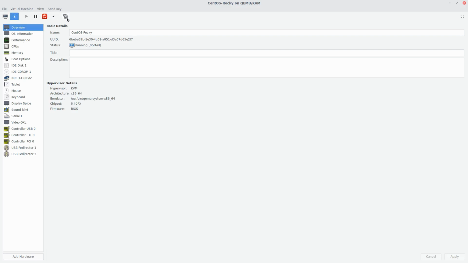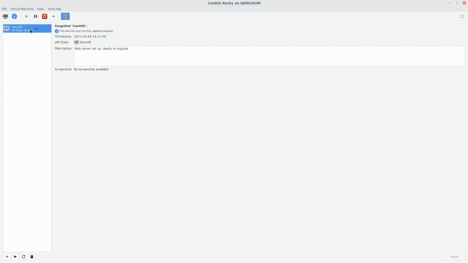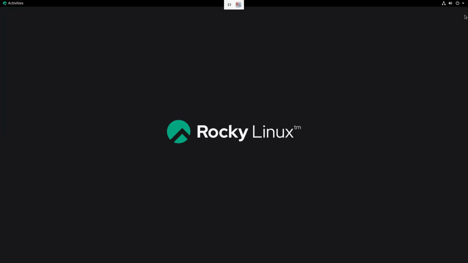And what I did was I had a snapshot. So I made a snapshot before I ran the script, just in case it went wrong. Then I can revert back and try again. But in this case, it worked flawlessly, other than those 3 packages that it had errors with. But like I said, Rocky Linux is still a release candidate right now. The script is still being worked on, so there's still some work to do.